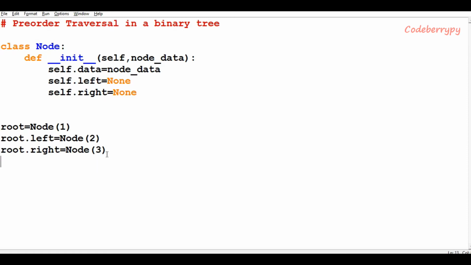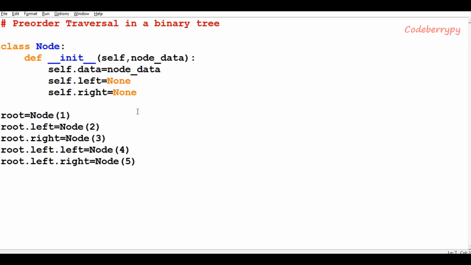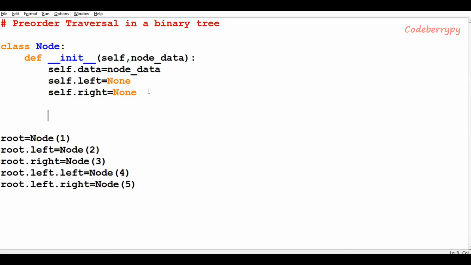Similarly, I'm going to form the other two nodes, that is root.left.left is the node with data as 4 and the root.left.right is the node with data as 5. So 4 and 5 are going to get attached to the node with data as 2. So after doing this, I finally got the binary tree, and now I am going to define a function called preorder,